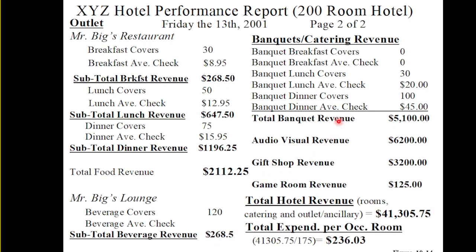For the banquet, we have $5,100. Then $6,200 for the audiovisual revenue. Then $3,200, and for game room we have $125. So added, that is equal to